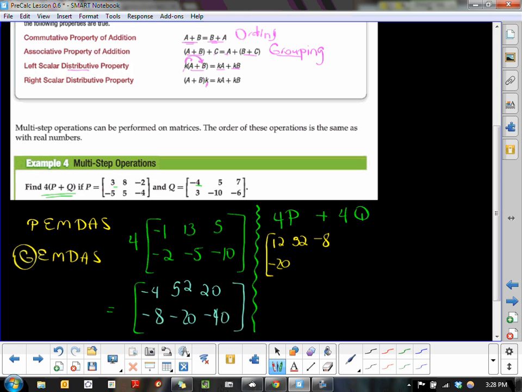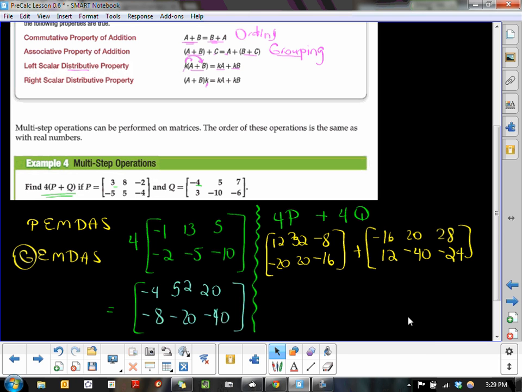-20, 20, -16. We want to add that to 4 times Q. Now 4 times Q is going to give us the matrix -16, 20, 28, and then our next one is 4 times 3, which is 12, 4 times -10, which is -40, and 4 times -6, which is -24. And then we're going to add our 2 matrices together. So I got a 32 there. So when we add them,